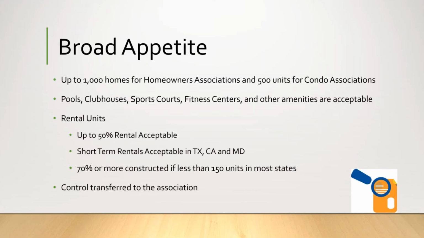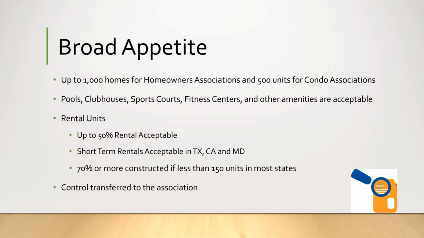So just again, CID has a broad appetite of what we can consider, up to 1,000 single family homes or up to 500 units for those condo associations. Amenities, the wide variety of pools, sports courts, and fitness centers we can accept. Those associations that have up to 50% rentals, those are acceptable, and short-term rentals are acceptable in Texas, California, and Maryland. We have a recent change as of last year, which is exciting, that